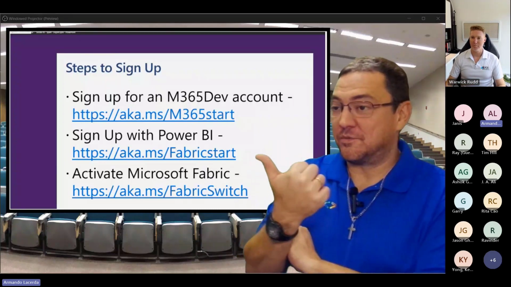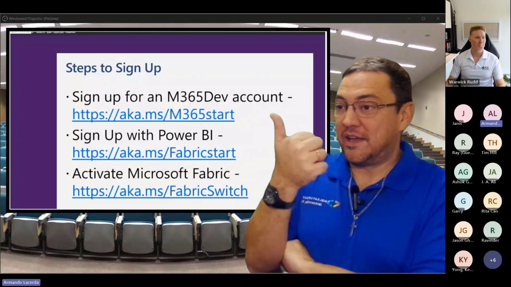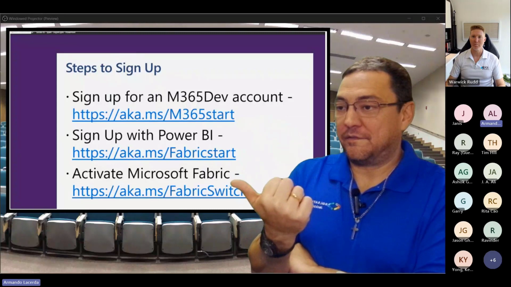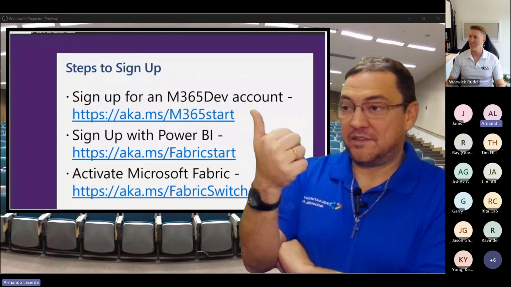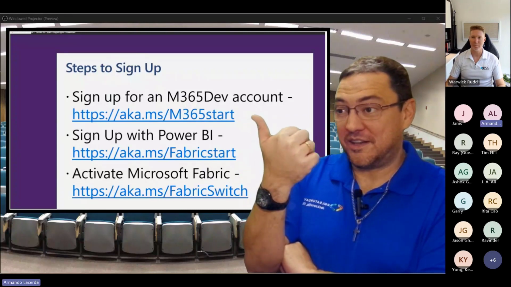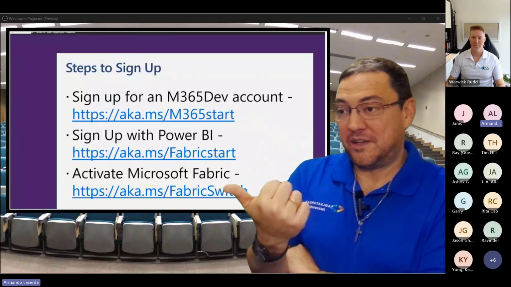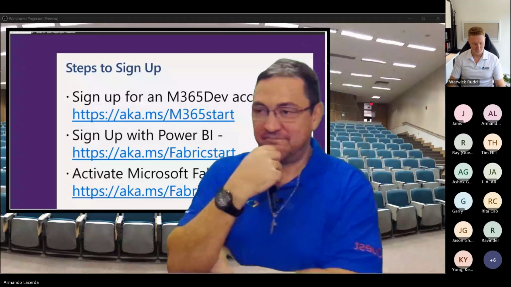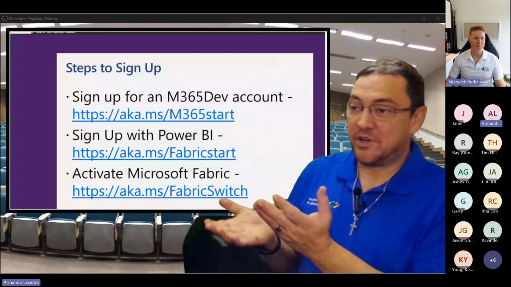And these are the links. This is one of the links I just mentioned to you to get a tenant for free, and then get Fabric for free. This one here is the one that's a little bit harder to get approved from Microsoft. This one here is straight through, no big deal, as long as you have this. So if you want to take a screenshot, that's your chance.